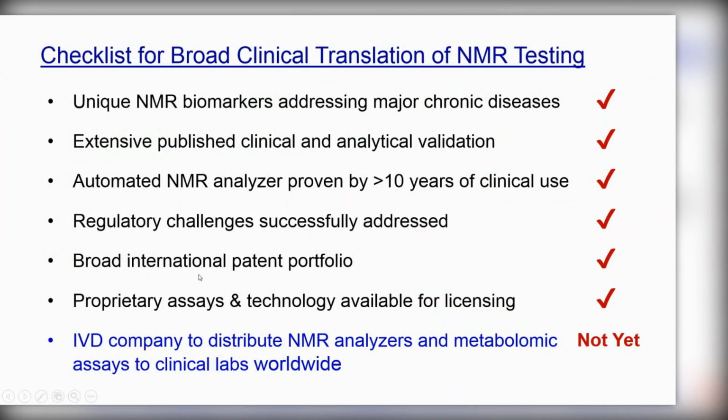Regulatory challenges have been addressed. There is a broad international patent portfolio, and these assays and the technology are available for licensing. The only thing that's been missing and continues to be missing is an IVD company to basically deliver the analyzers and metabolic assays to clinical labs worldwide. But hopefully, with all of this background and 35 years of work that's gone into proving that this is a viable proposition and could be very useful clinically, hopefully an IVD company will be motivated to bring this to patients